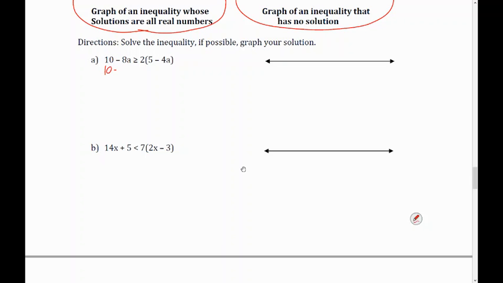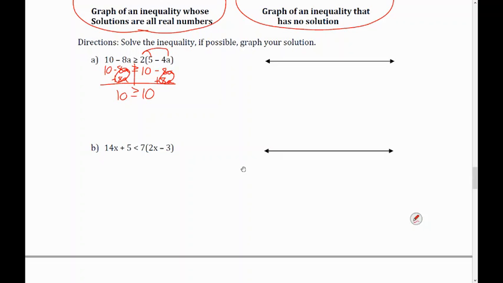10 minus 8a just drops down, but I need to get rid of the parentheses by distributing the 2. So 2 times 5 is 10. 2 times -4 is 8a. Okay? All right, we should notice at this point, I don't have like terms on the left, I don't have like terms on the right, but we should notice that I have the same variables. Each side will get rid of the variable, and that's when we have these special types of either no solution